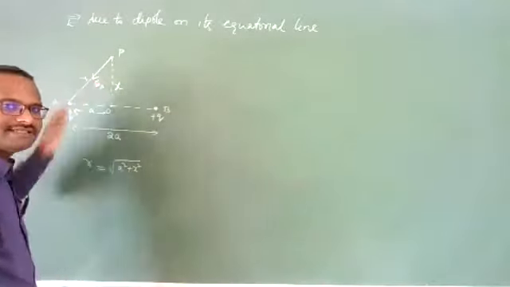What will be its value? EA, the electric field due to the negative charge, is 1 by 4 pi epsilon naught, I am writing kQ, charge how much? Q. I am not taking the negative sign because I want magnitude only. Direction I have already shown here. kQ by r square. r square means a square plus x square. This is the electric field due to the charge at A, and whose direction is from P to A.